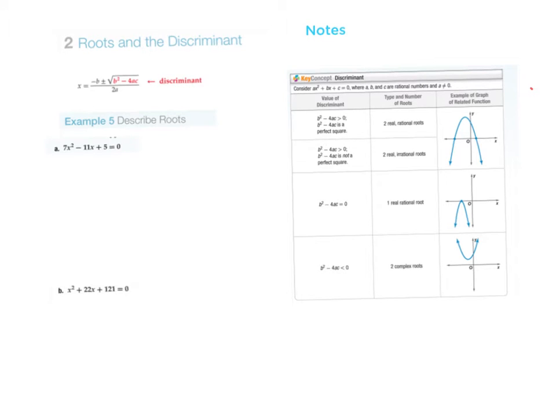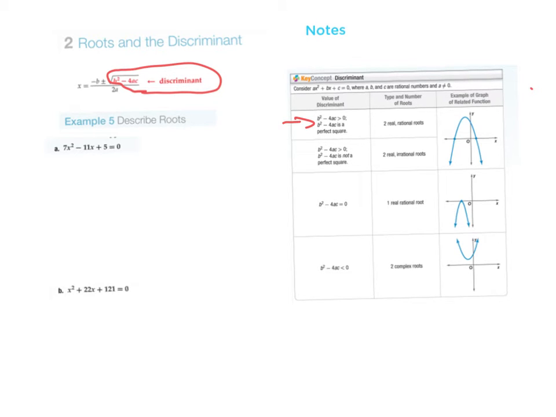So all we're going to do now is look at one particular part of the quadratic formula called the discriminant. And the discriminant is simply what's inside the radical sign. By looking at just that, we can describe the roots of a problem. And so if we look over here at our notes, if we get a number that is bigger than 0,